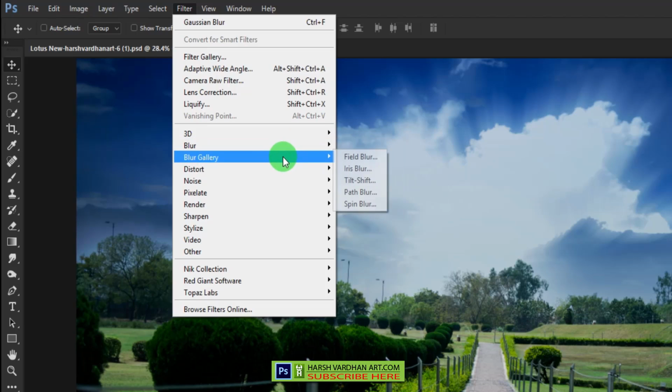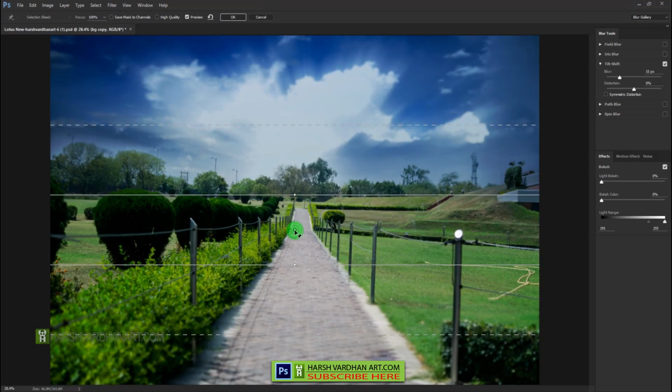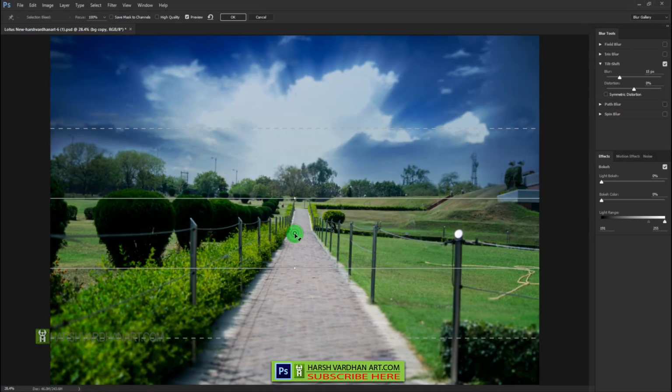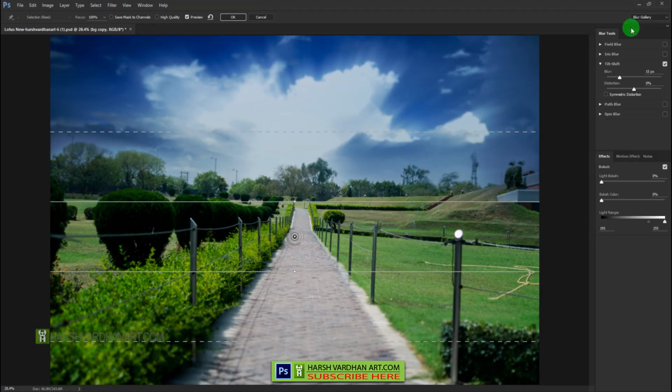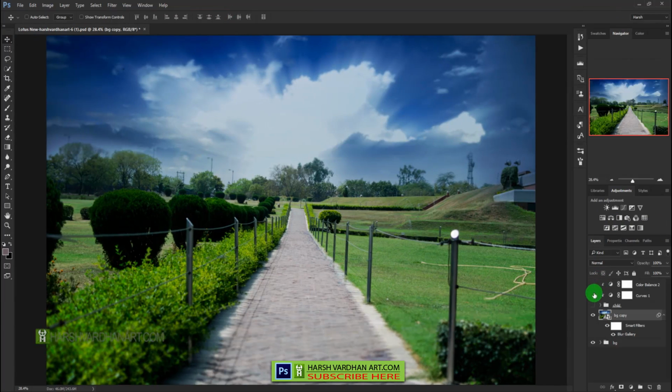Create a smart object out of it, and then go to the filter, select blur, tilt shift and select the effects rack, and click and drag it around where our child is standing so that everything becomes blur and that becomes sharpen, and press OK. And we'll go for the default value of blur, turn all the layers on